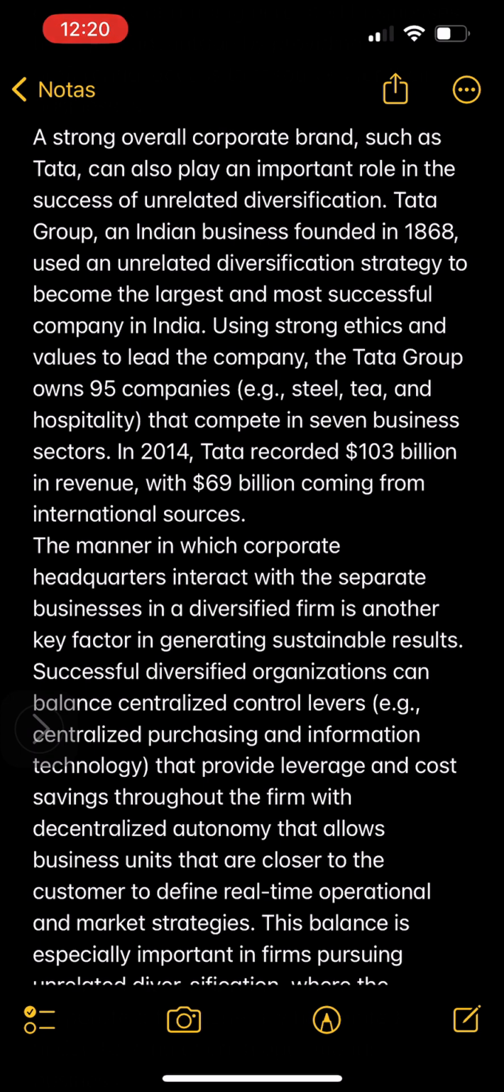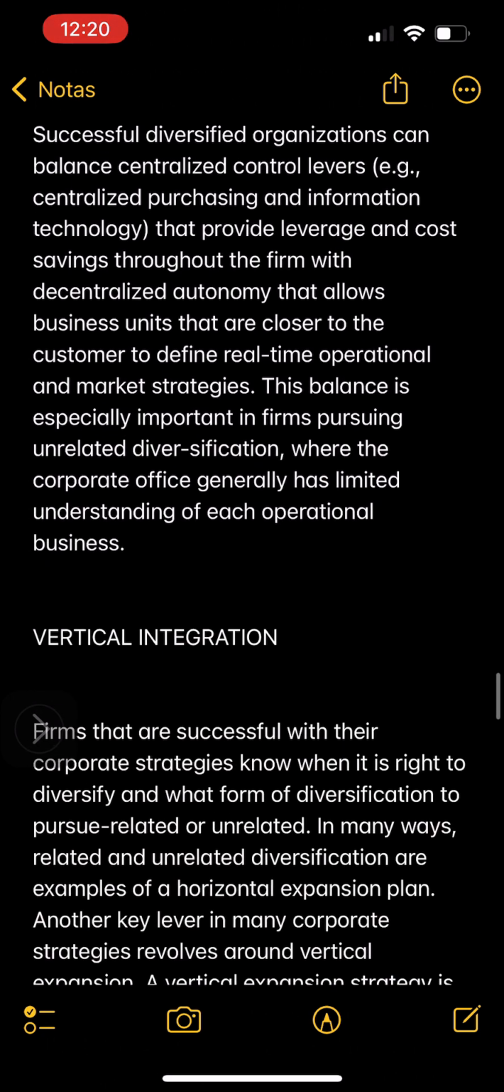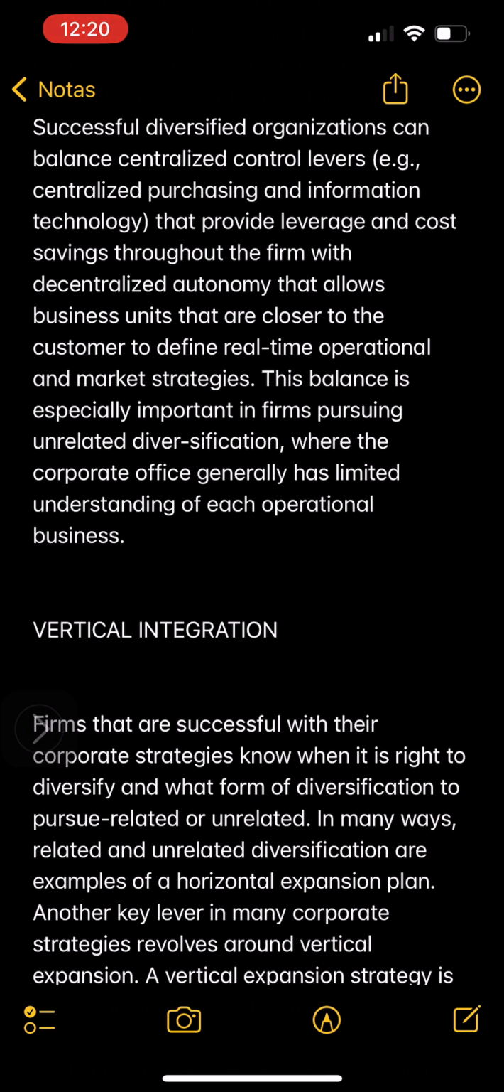The manner in which corporate headquarters interact with the separate businesses in a diversified firm is another key factor in generating sustainable results. Successful diversified organizations can balance centralized control levers, for example, centralized purchasing and information technology, that provide leverage and cost savings throughout the firm, with decentralized autonomy that allows business units that are closer to the customer to define real-time operational and market strategies. This balance is especially important in firms pursuing unrelated diversification, where the corporate office generally has limited understanding of each